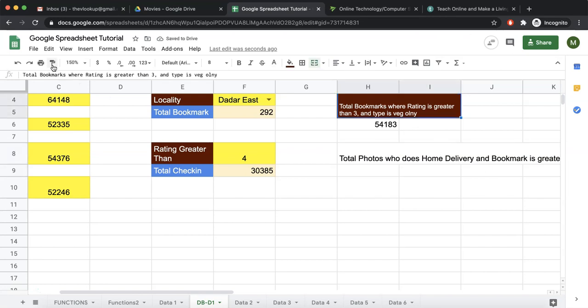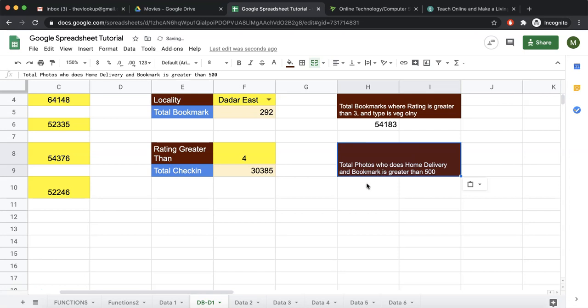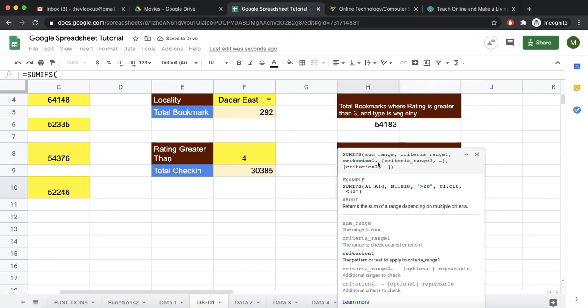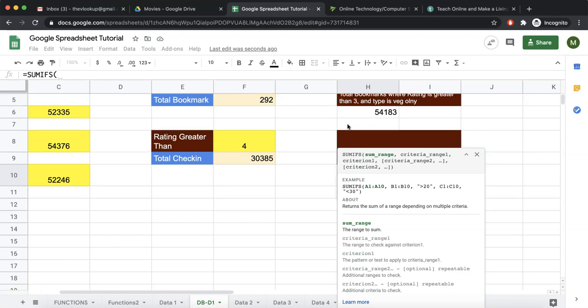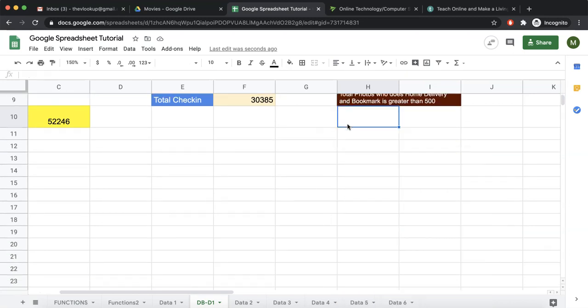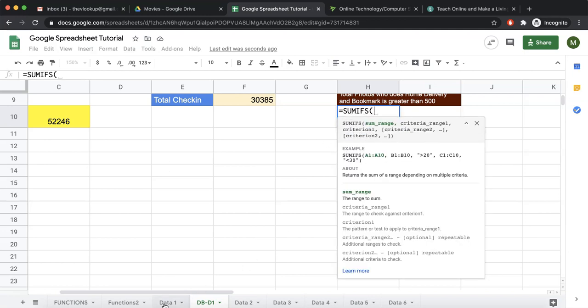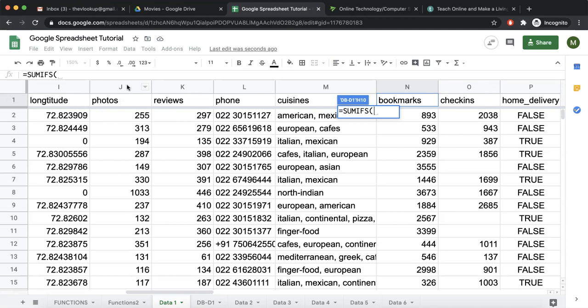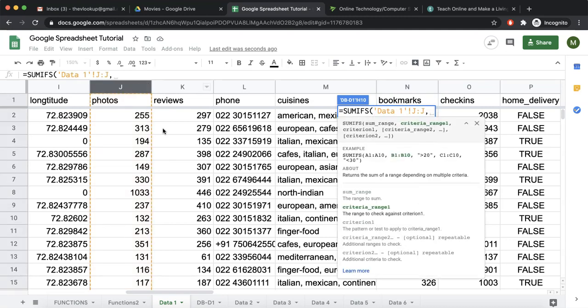Again we copy, format, paint this and write over here. So total photos, so SUMIFS, because there are more than one condition, equal to SUMIFS. So first is sum range, so total photos is column J, comma, condition.